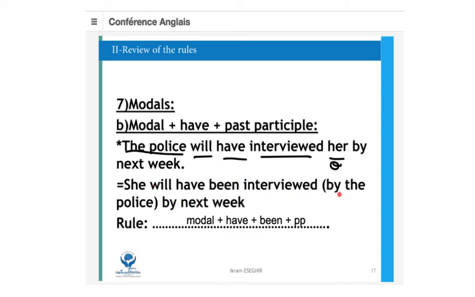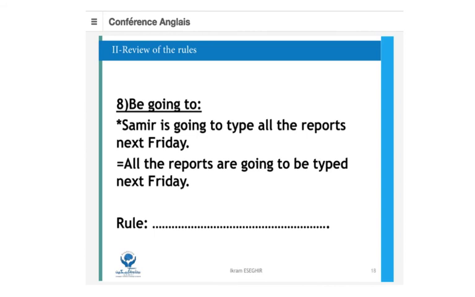Now look here that I have put by the police between brackets. It means it is optional. If you want to add it, it's fine. If you don't want to add it, it's fine. Now we can move to the last rule, okay, in this